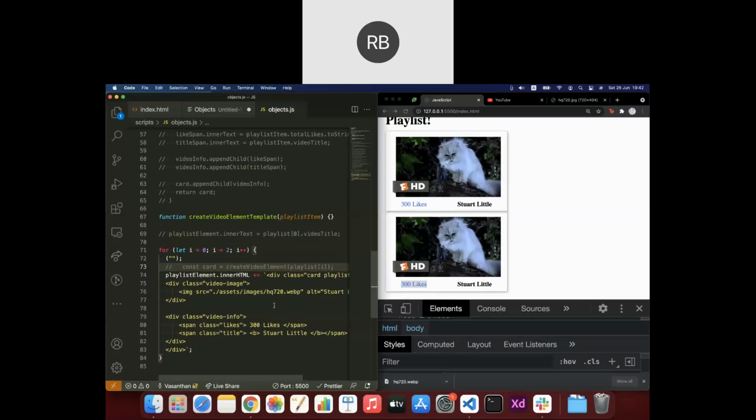This way of writing a string in multiple lines using backtick is also referred to as template strings. In this, we can refer to any expression or any values by using the syntax where we add a dollar